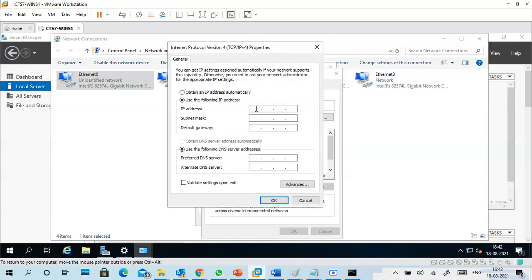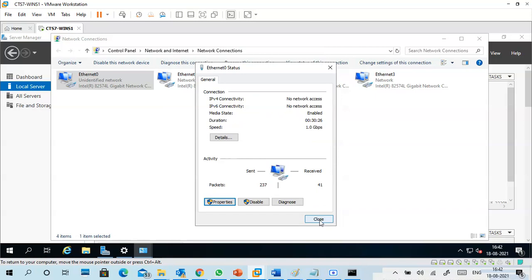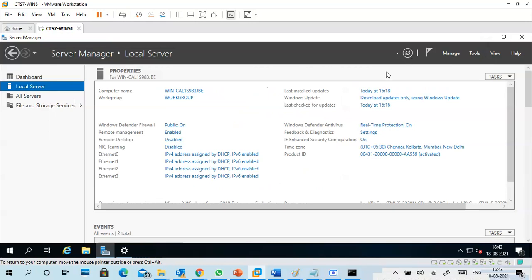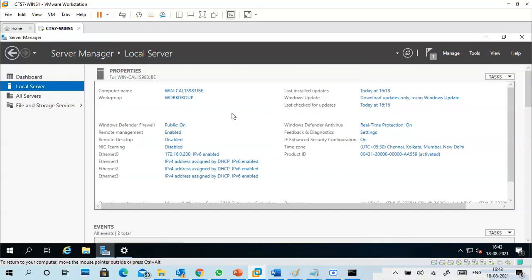Assign some class B IP address like the 172 series. Anything you can put, like I put 200. Okay, no need for a gateway or any DNS kind of stuff. Later we can fix that. So I just assign some IP address. 192 will give you a little bit of balance, but 172 is okay. Assign one static IP address to it. Just a refresh like this. If you don't want IPv6, you can also disable it.